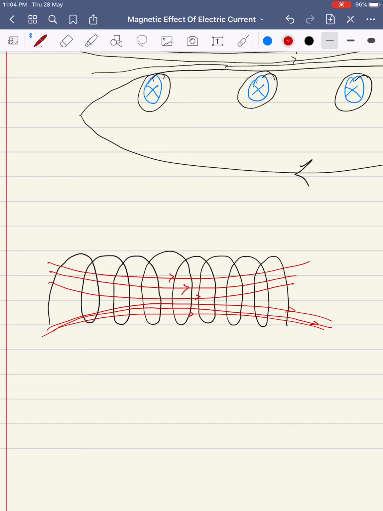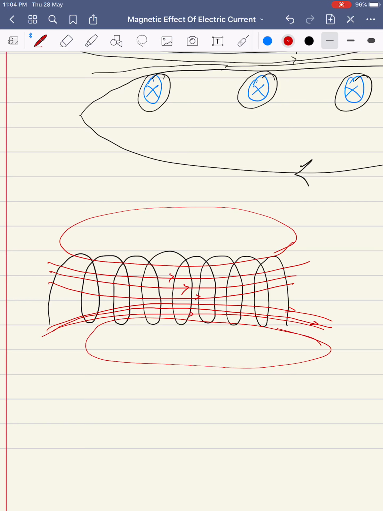Okay, whereas if you check outside, the magnetic field strength is bare minimum. Okay, getting it clearly? So what we actually do is, we assume that